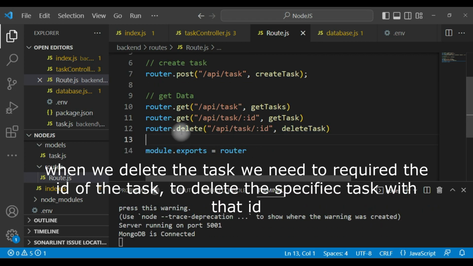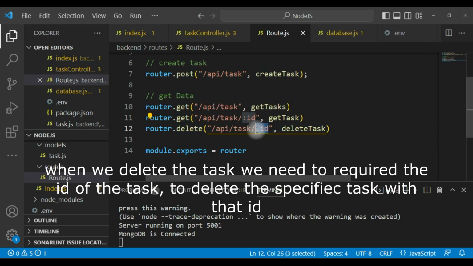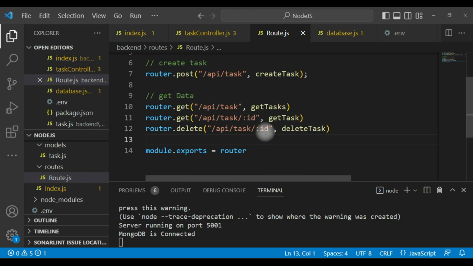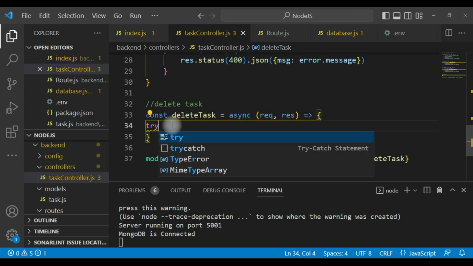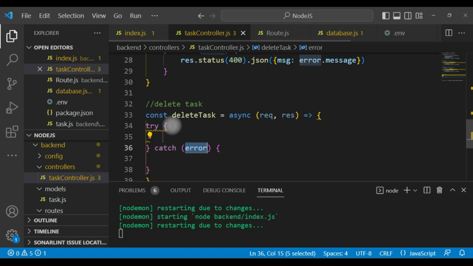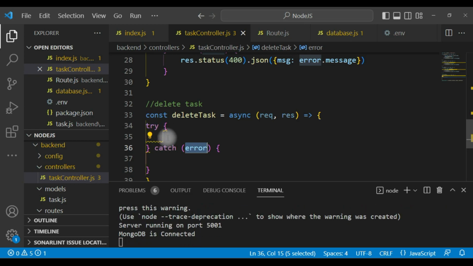So when we delete our ID, we need to pass also the placeholder in our URL to delete the specific task in our database. So go to our task controller and in our try catch block, first we need our ID.